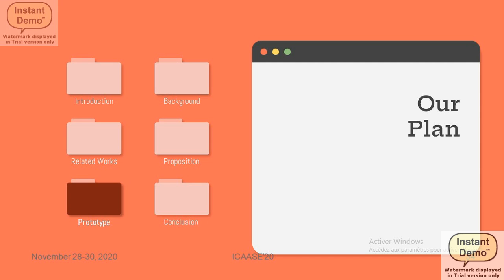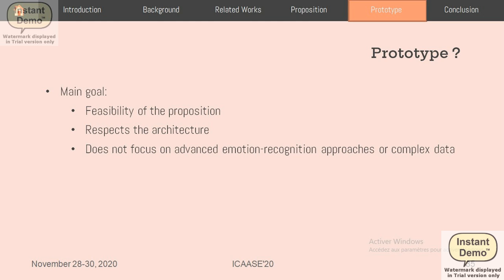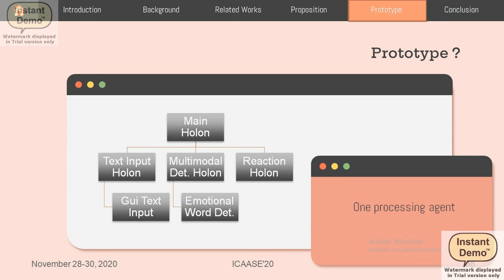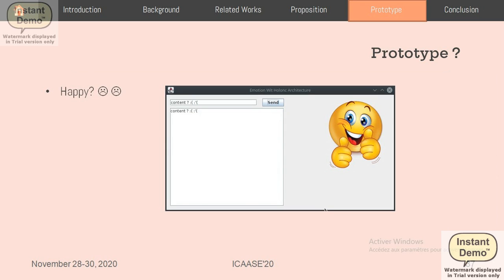We have implemented a small prototype to demonstrate the feasibility of this architecture. Our goal was not the implementation of advanced approaches or to process complex data. Our goal was to respect the architecture. The prototype can be run with one processing agent that uses an emotional word detection approach. By introducing this particular sentence as input, we can see that the system gives in return an incorrect